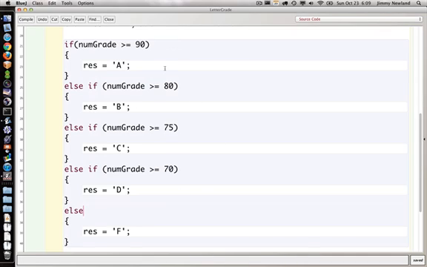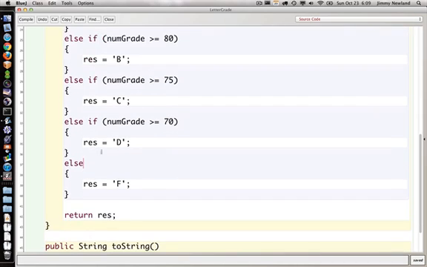An if-else ladder really is designed so that you can ask one question, and if the answer to that question is true, you're done. If not, you keep going with more questions until you get to the one possibility that does work. So the last thing I want to say about this is make sure when you're writing an else-if ladder, you usually, I can't think of a circumstance where you wouldn't, you usually want an else at the bottom,